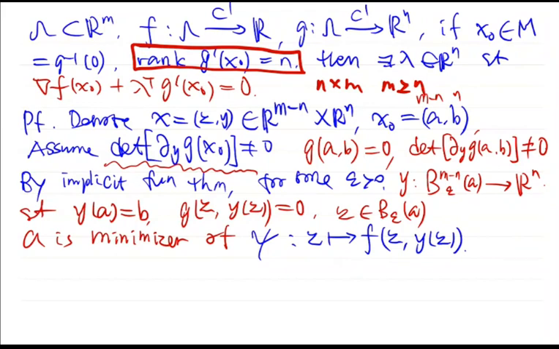A must be a minimizer of this function. Why is a a minimizer of this function? Because when z is near a,